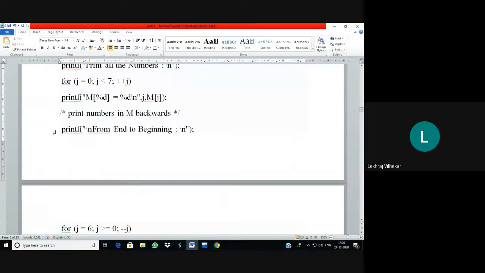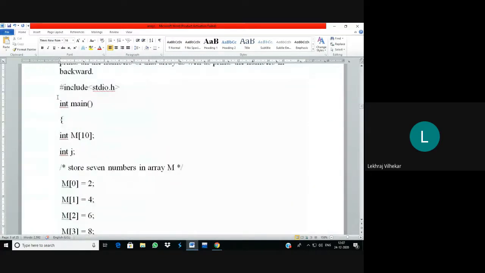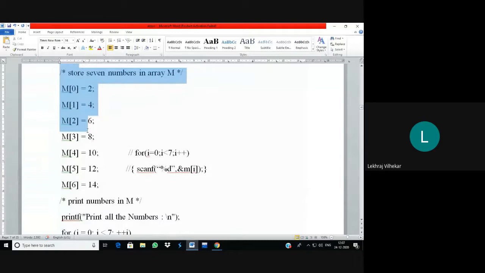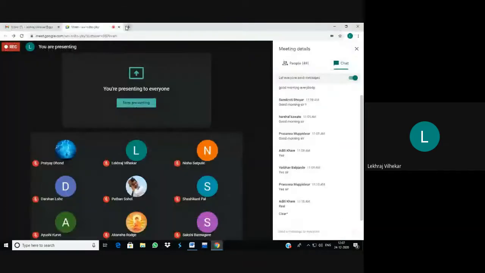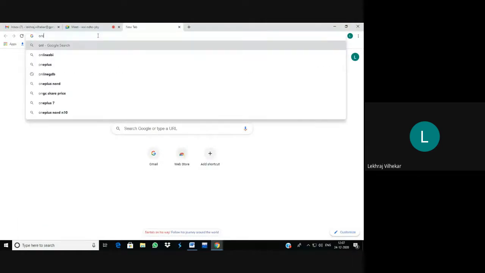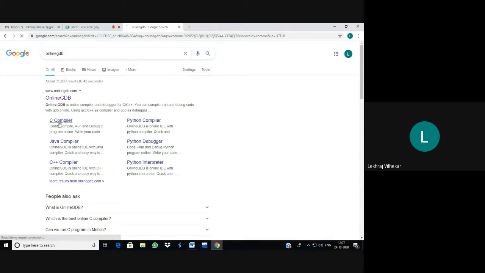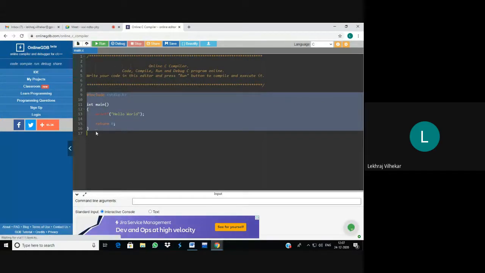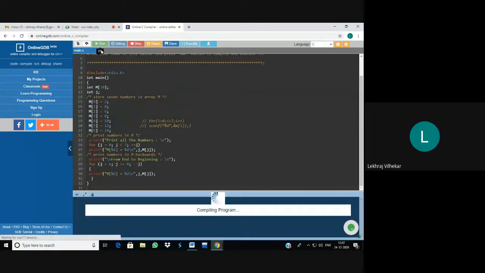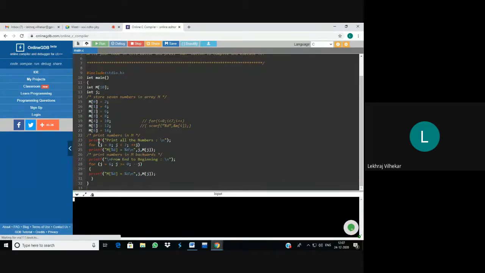Suppose you want to execute and see the output, so we can also execute this program using the online JDoodle software. Now you can see the same output given over there.